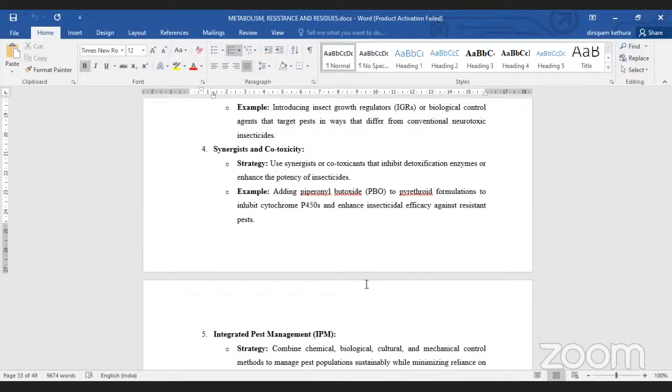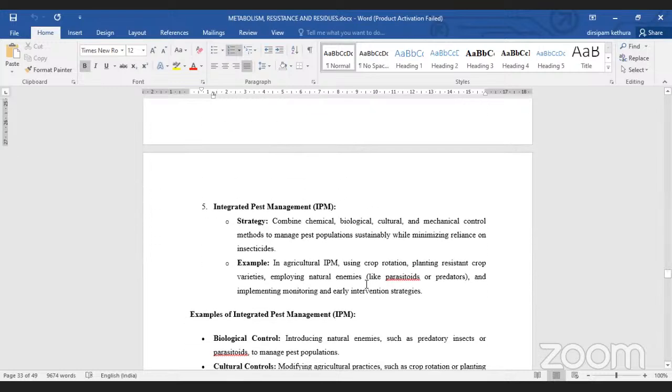And the next one under the management of insecticide resistance includes integrated pest management. Here, combine chemical, biological, cultural, and mechanical control methods to manage pest populations sustainably while minimizing reliance on insecticides. Example, in agricultural integrated pest management, using crop rotation, planting resistant crop varieties, employing natural enemies, and implementing monitoring and